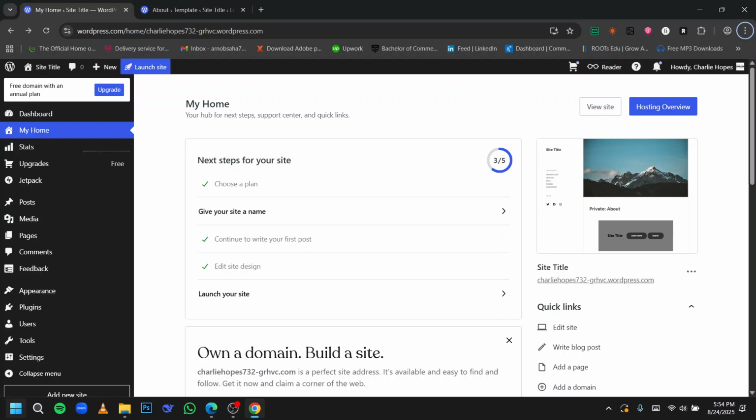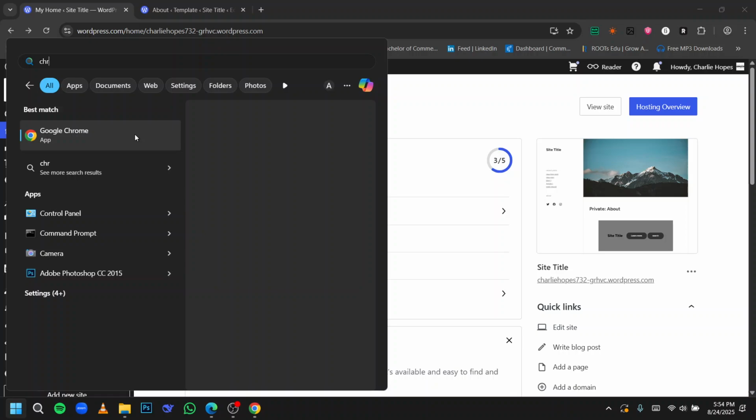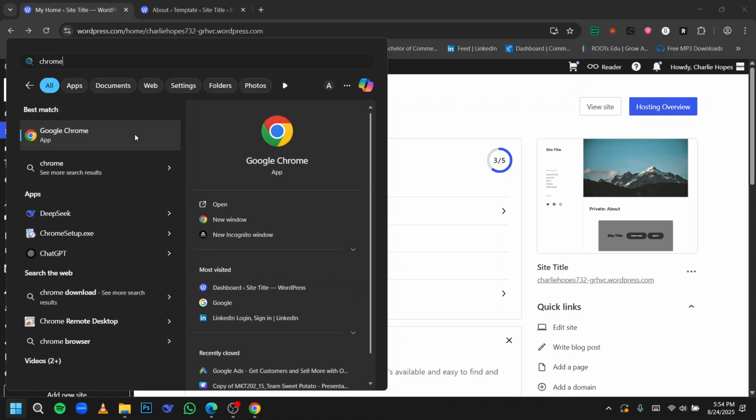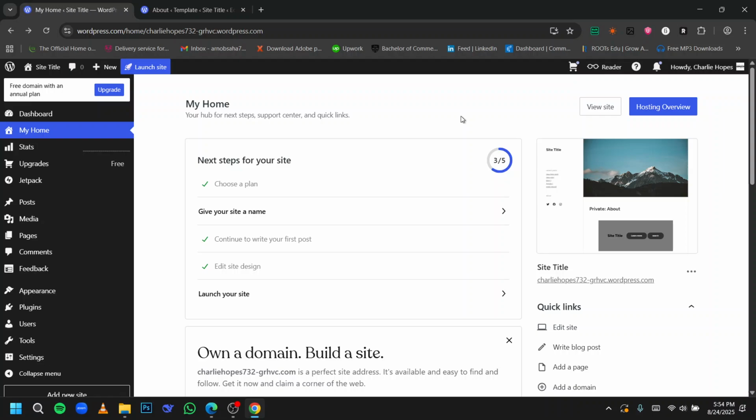So for this you have to simply go to the start button, then type in Chrome, and once in the Chrome you have to type in www.wordpress.com, then click on enter. After that you have to put in your login credentials there, and it will take you to this site. From here you have to click on the edit site option here in the right hand side,